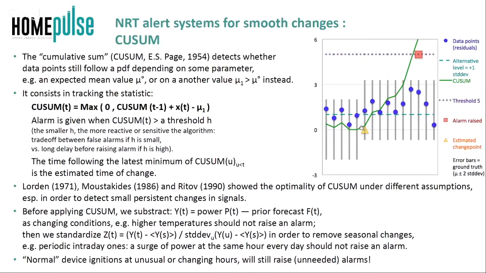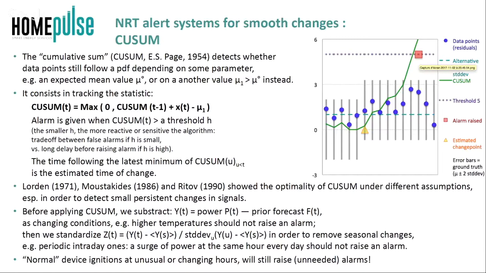And so we can see that after this change, the cum sum is becoming larger and larger because the PDF doesn't correspond anymore to the assumption made. And finally, the cum sum becomes so large that it's even bigger than the specific threshold here. So here the red square corresponds to the date when we detect that there is a change and we raise